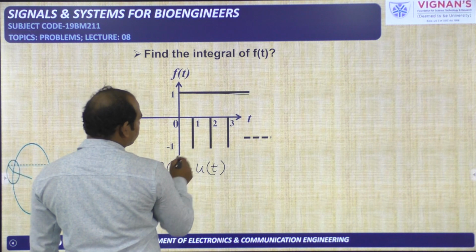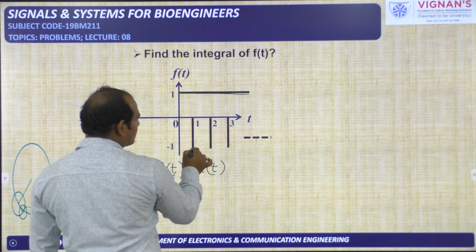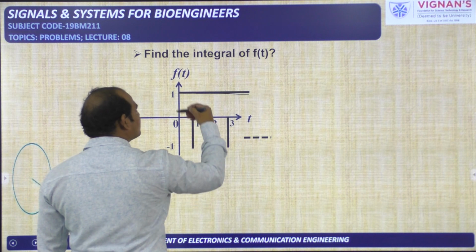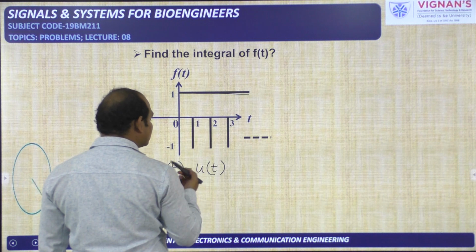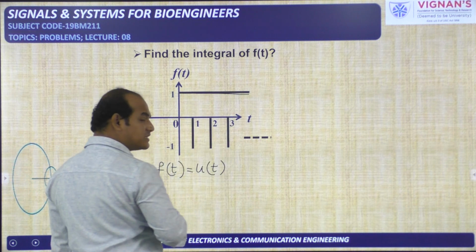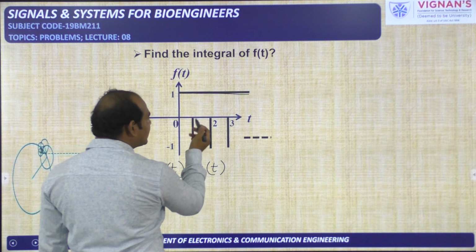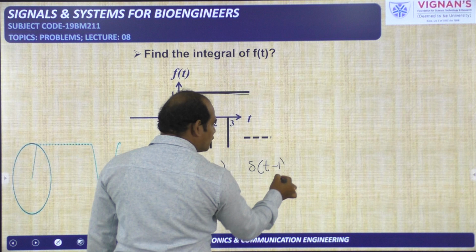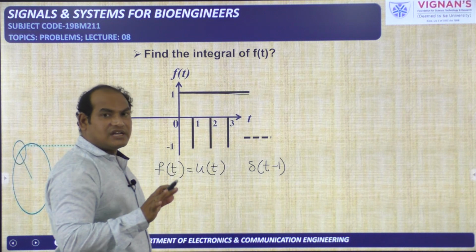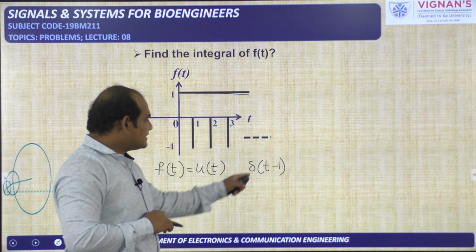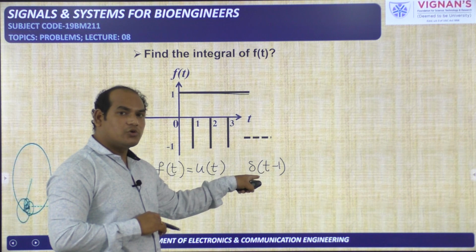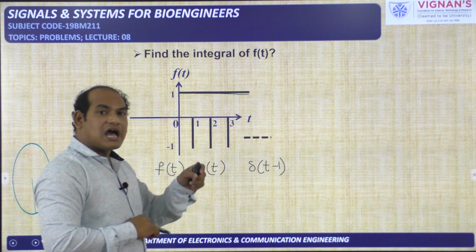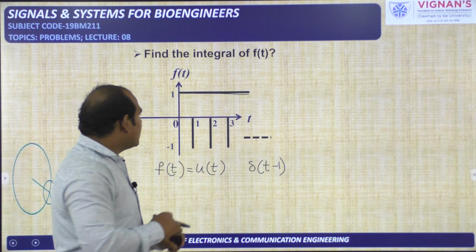Now you see here one del of t is there, but instead of the impulse signal being in the first quadrant, it is available in the fourth quadrant. That means amplitude reversal has happened, and this is available at t is equal to 1. That's why I need to write del of t minus 1. If you take simply del of t, that is available at t is equal to 0, but this del is available at t is equal to 1.